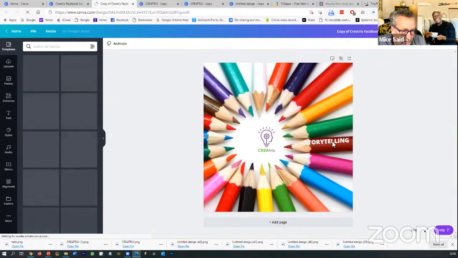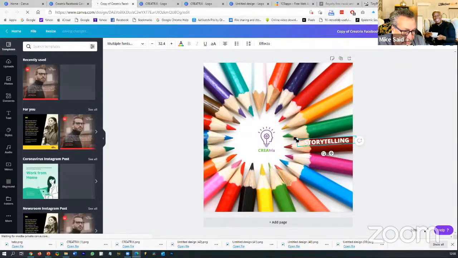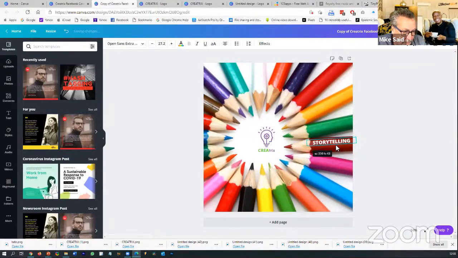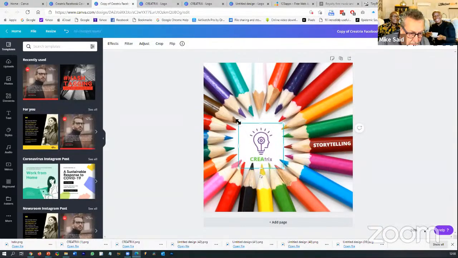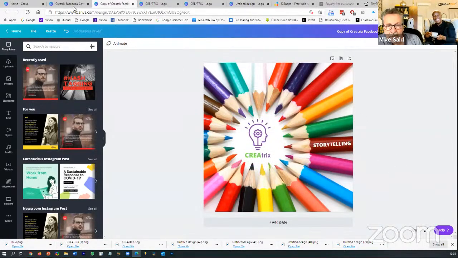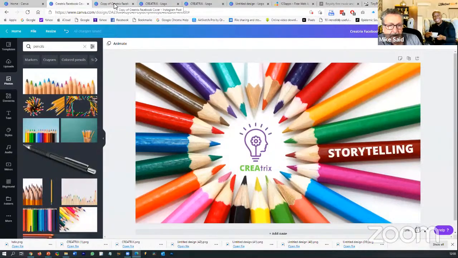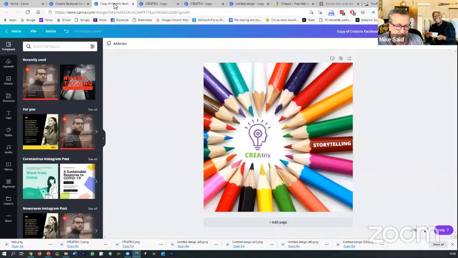I may have to do some slight tweaking. So for example, I can tweak that down there. I might want to up the size of the logo. But pretty much now I've got a Facebook cover. I've now got a